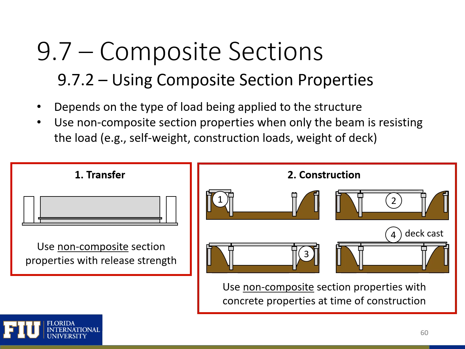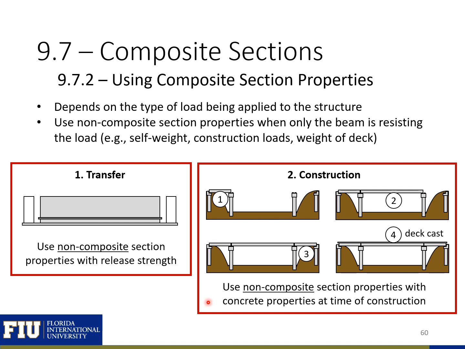Whether you use non-composite or composite section properties is dependent on the type of load being applied onto the structure. At transfer, there's no deck on top of the beam, so we're going to use non-composite section properties with the release strength of our concrete. At time of construction, the deck is going to be there, but it's not going to be hardened, and so